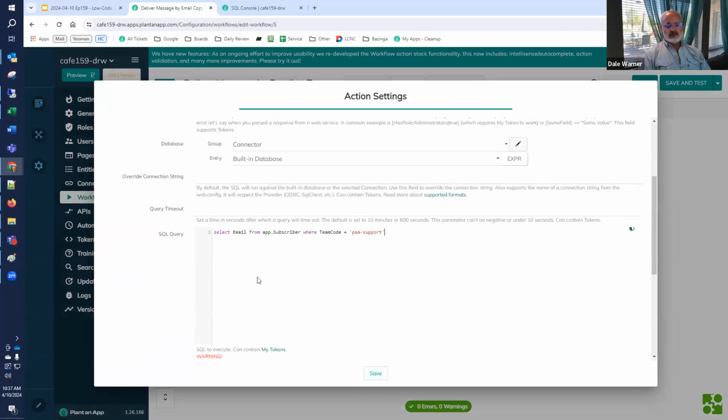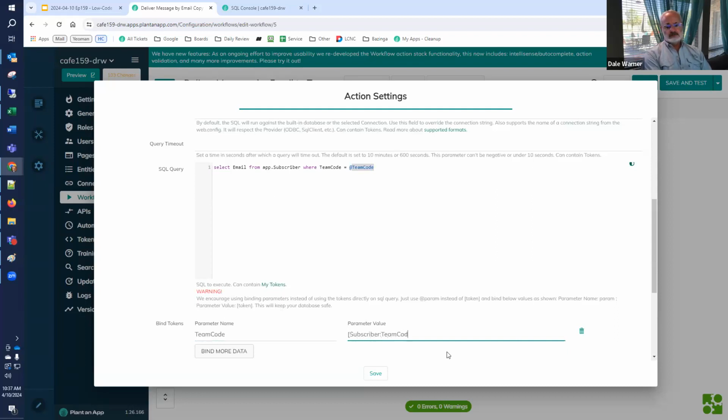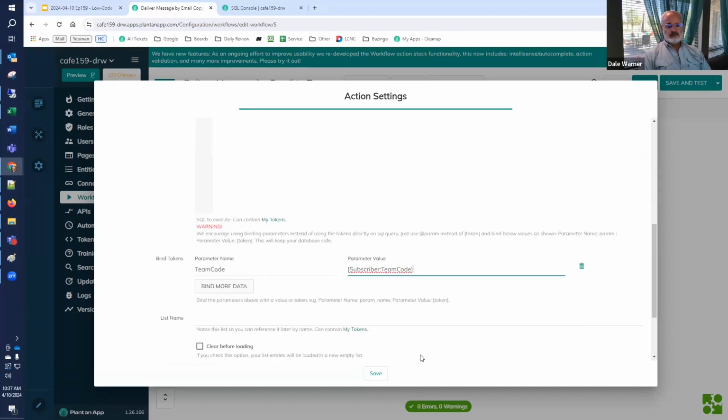And it's going to be based on this SQL that we just developed, but we're going to clean this up a little bit. So instead of hard-coding to PAA support, we're going to use a parameter name. And so we'll slip that parameter name in there. And the parameter name we want, we're going to get it off of subscriber team code. So the subscriber that came in has a team code. We're going to get whatever team code they have. And we're going to create a list that's going to be the